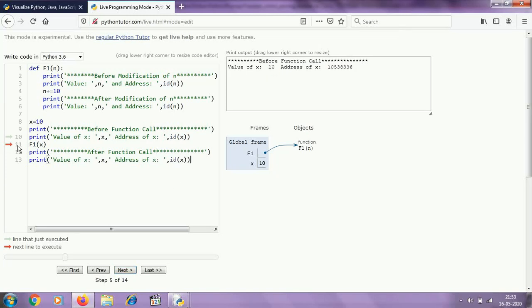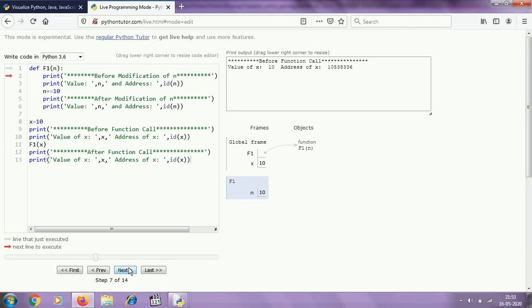Next you can see that red arrow indicating f1(x). That means this statement will be executed. f1(x) means we are calling the function f1 and the argument is x. So let's check what will happen. You can see that now execution goes to the function f1 and the parameter n is assigned with the value 10.